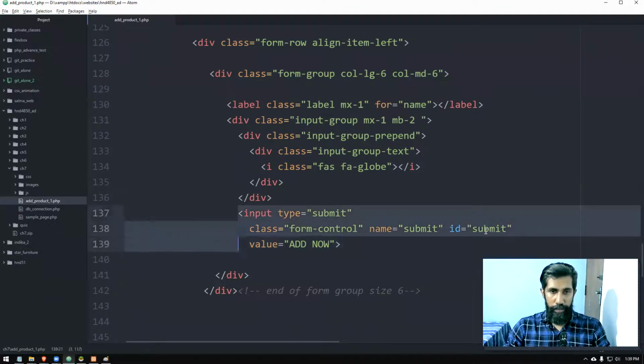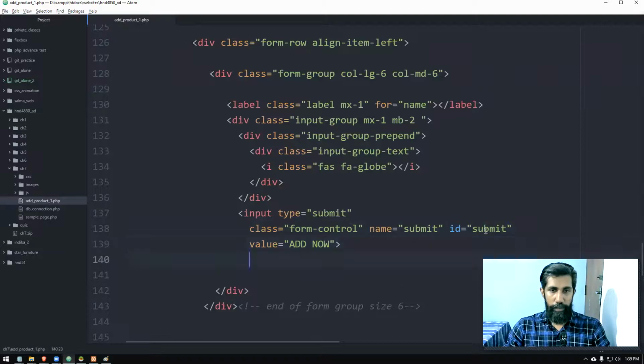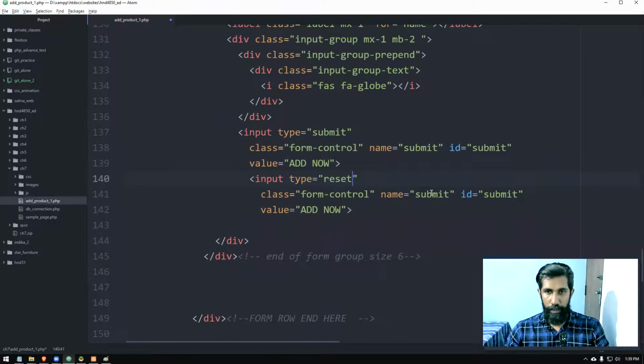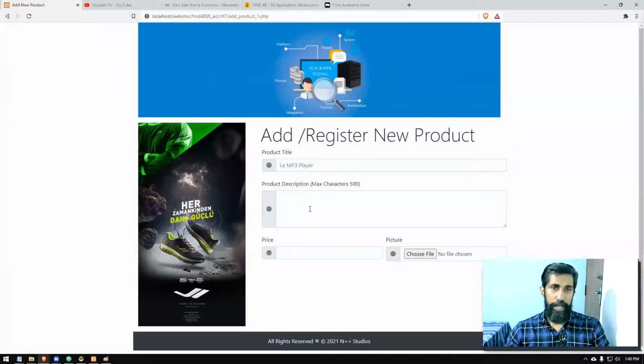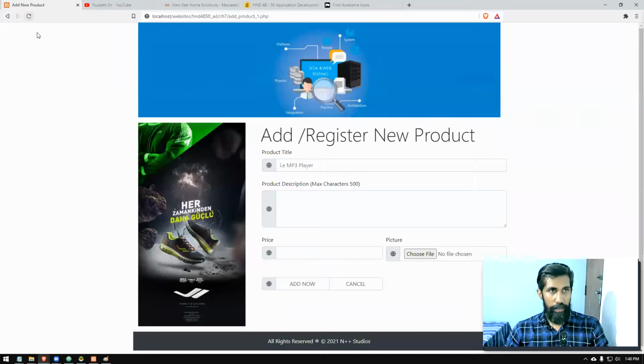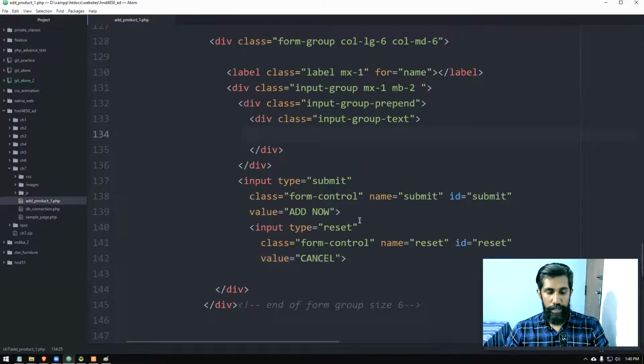And we can have another component here. We'll see whether we can do that. Reset button. We say cancel, right? So take a look at it, how it looks. Okay, two buttons are coming. Actually, I don't need this. Right, we don't need that part.